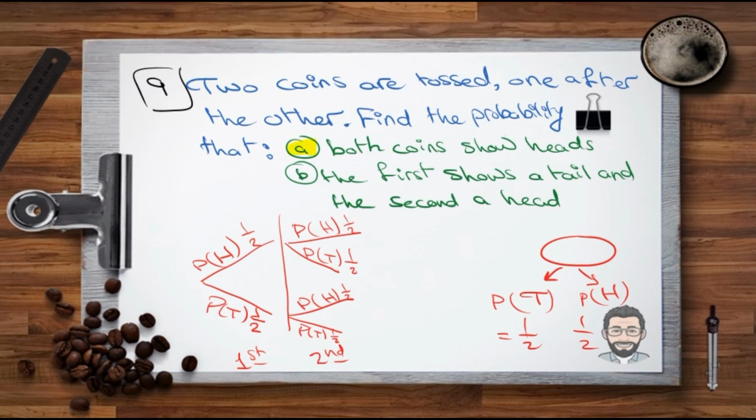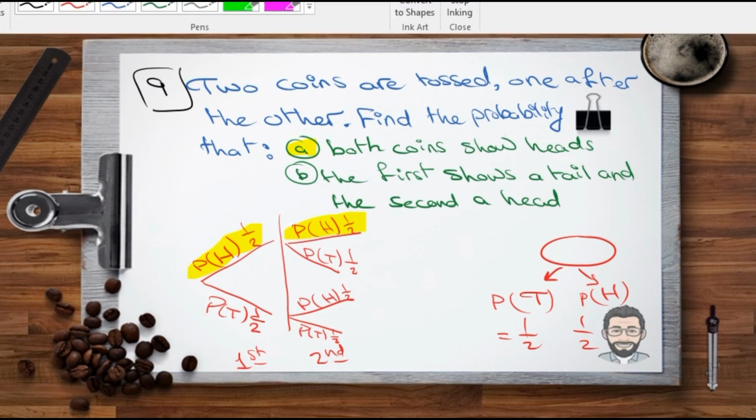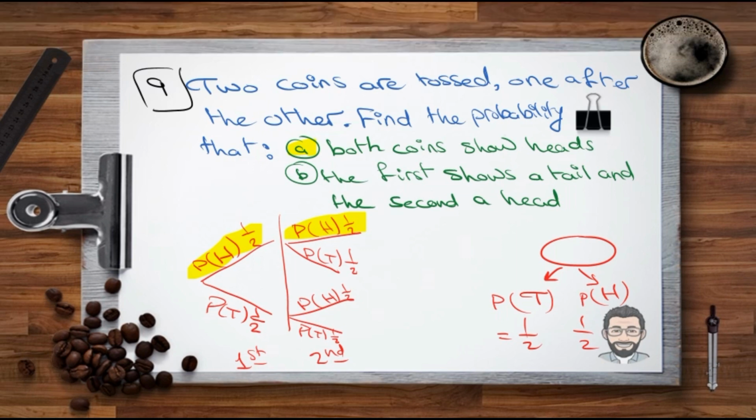He said here in letter A, both coins show heads. So here we have head, the first coin, and the second coin is what? Head. So in this case, to combine probabilities, so both coins, letter A here, show heads equals